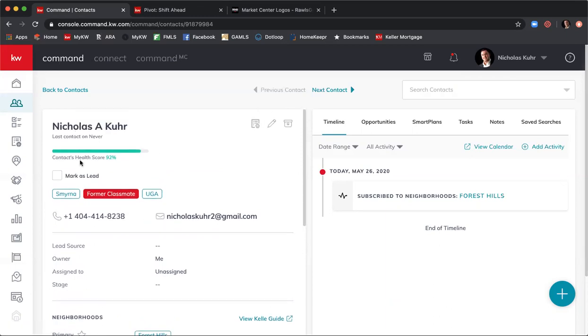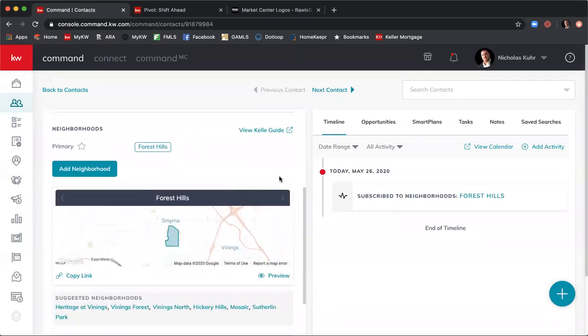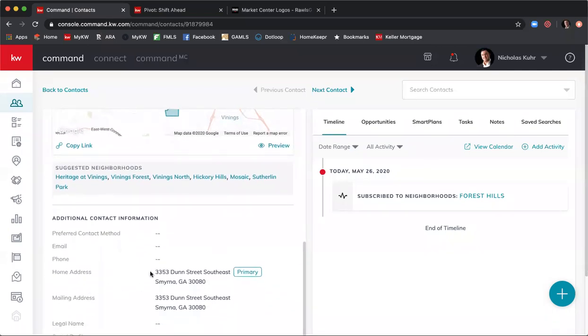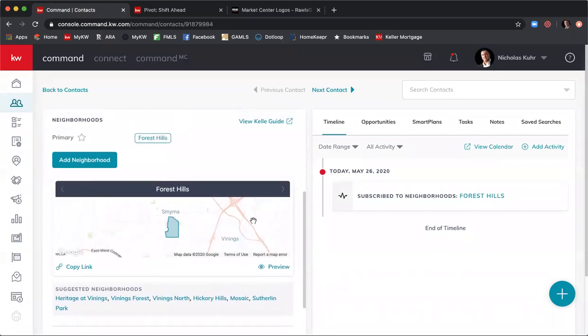So I have my name. Here are my tags that I've added, my phone number, email address. And then here, it shows my neighborhood based on my mailing address. So here I have my home address. So it's automatically going to assign Forest Hills as my neighborhood, which is correct. This is all based off of